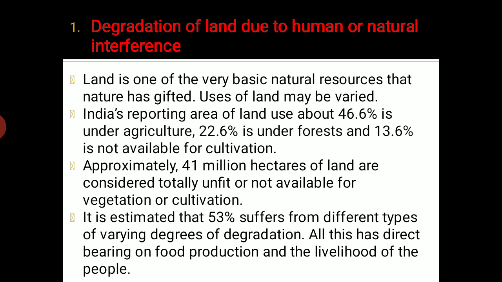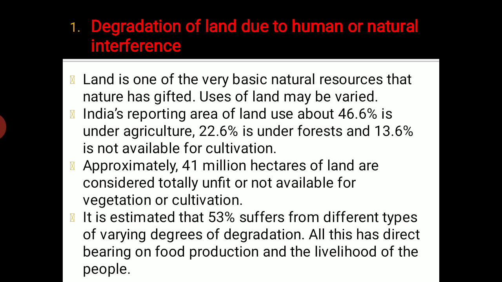That means this many hectares of land that we cannot take for use. Even if our population increases and we need vegetation or cultivation, we still cannot use this land, 41 million hectares or 13.6, so we cannot put it to use. It is estimated that 53% suffers from different types of varying degrees of degradation. That means out of the total land available in India, 53% of land is such land